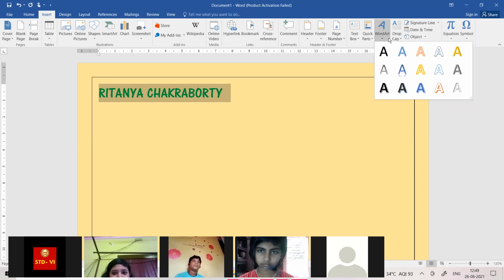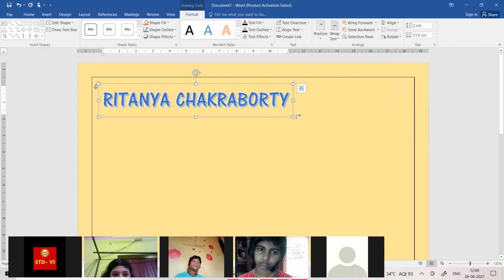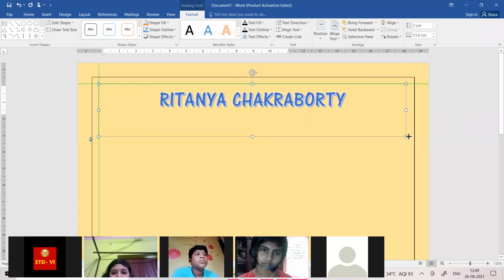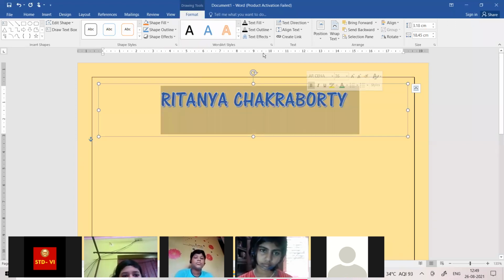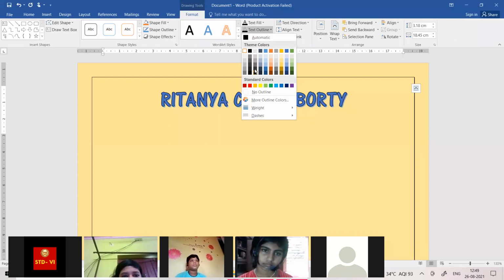Select any word art, it will be changed accordingly. You can make it bigger, make it smaller, whatever you want to do. Again, from here you can give text outline, so many changes, whatever changes you want, you can customize it.